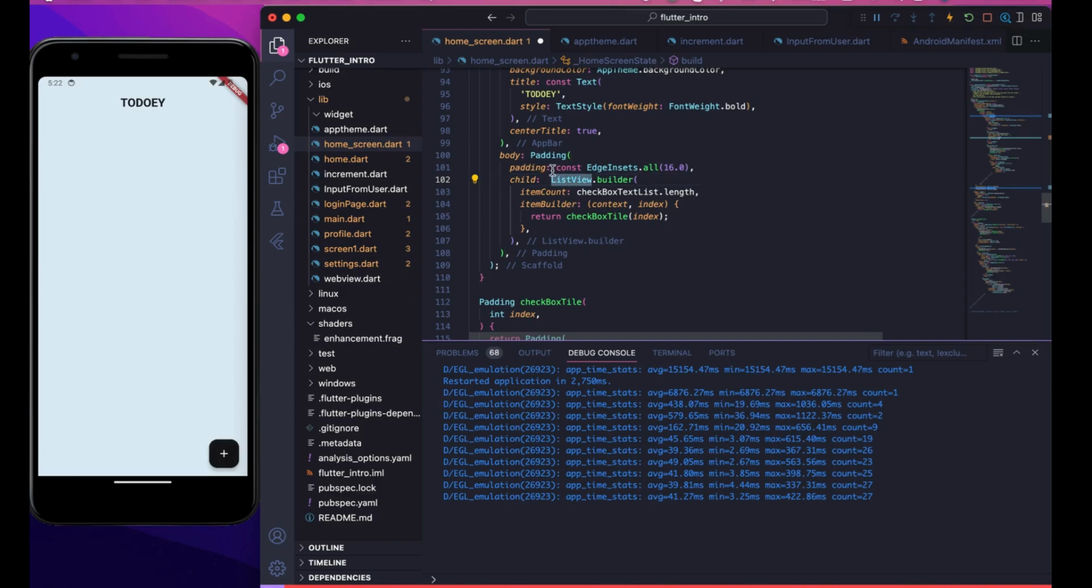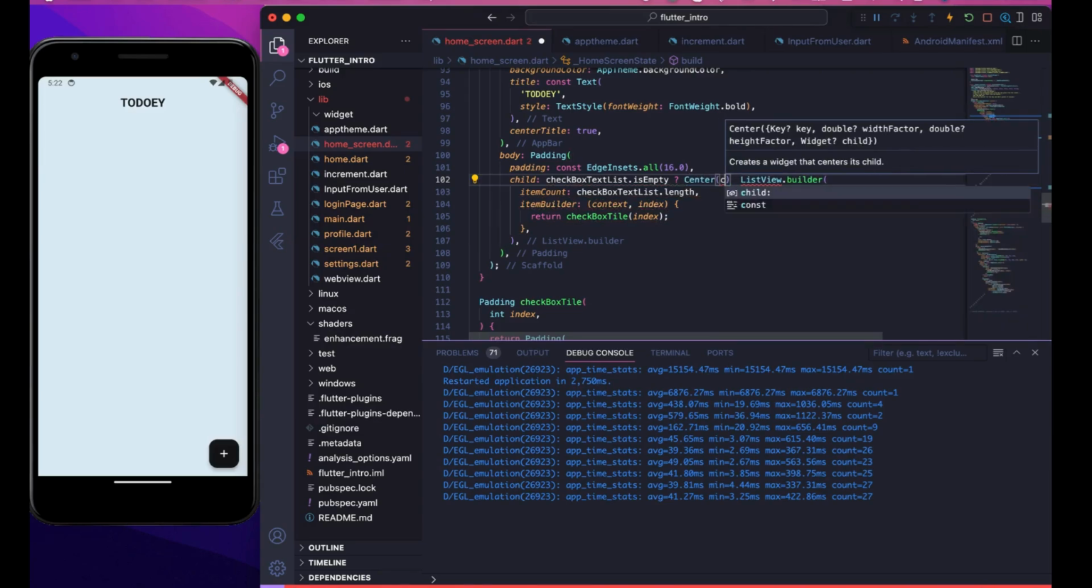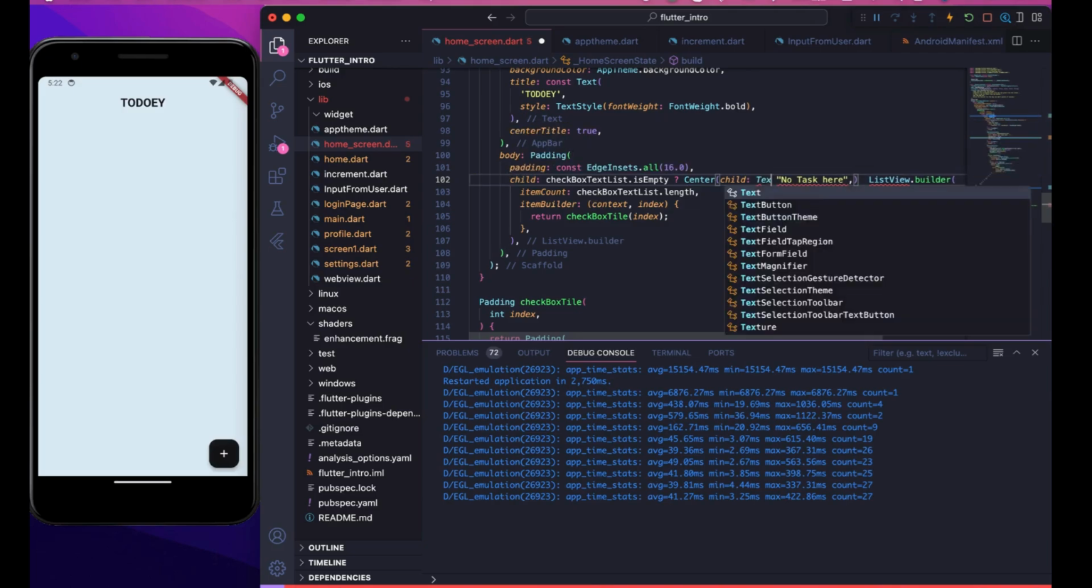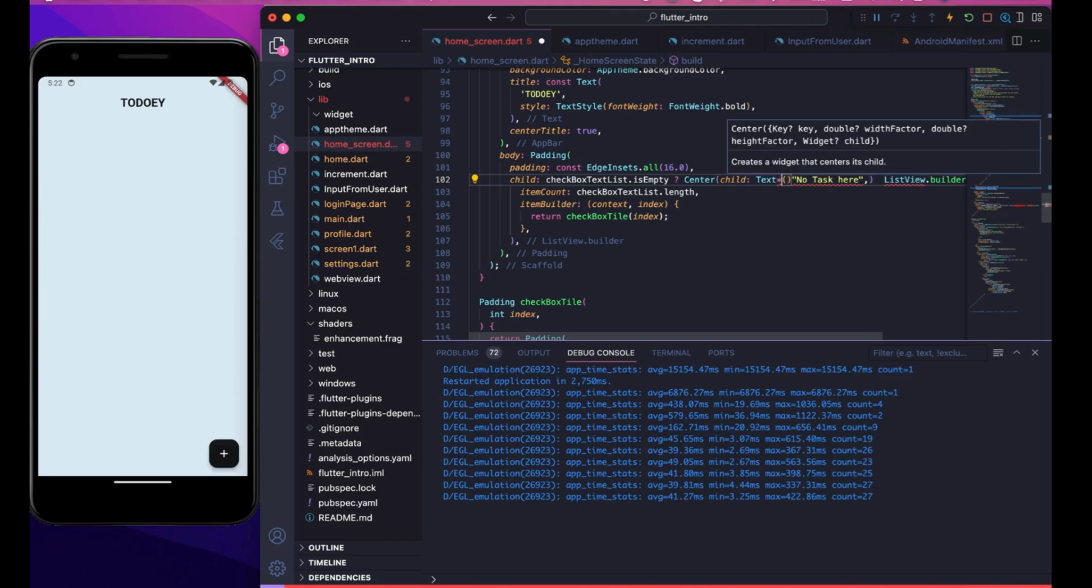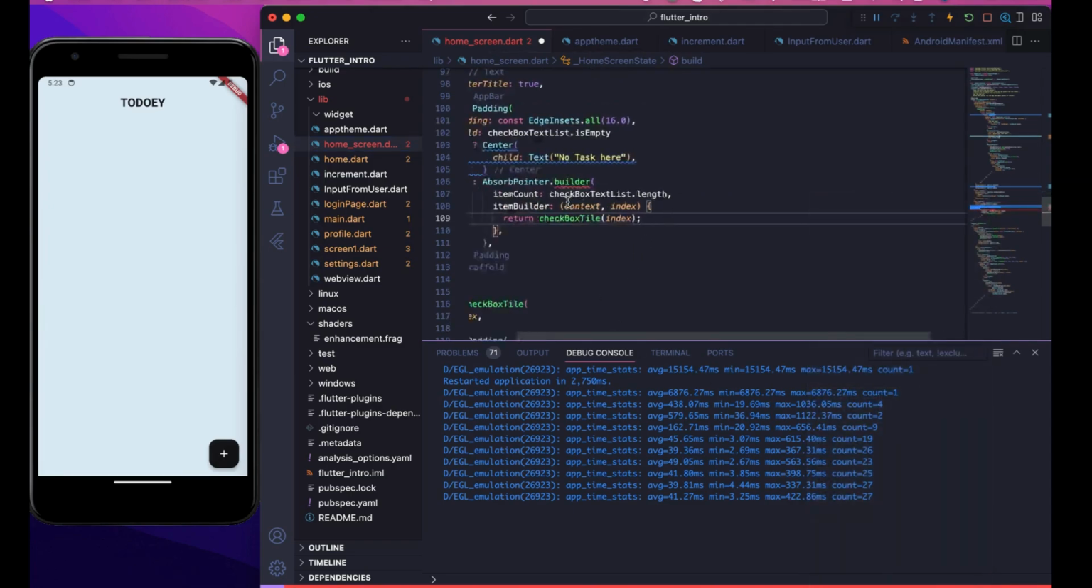So right now, the builder is building this part. What we are going to do is, whenever this checkbox style list is empty, ternary operator, then show center, and we will show a text which will say no task here. For that, we will have to go to the text style, check that, and that's it. Otherwise, it will do the list operation. So what is the ternary operator? It tells the builder